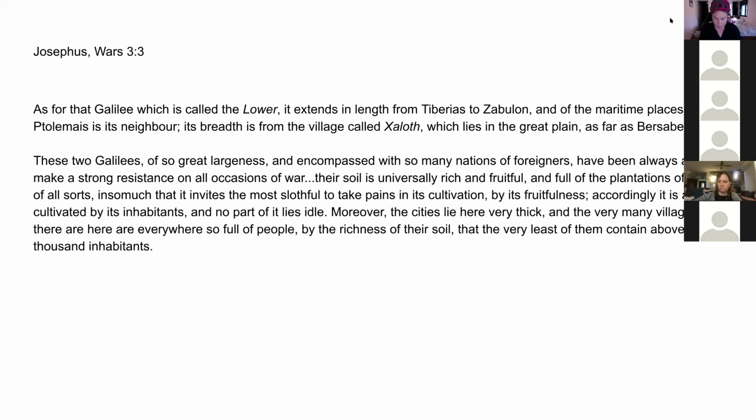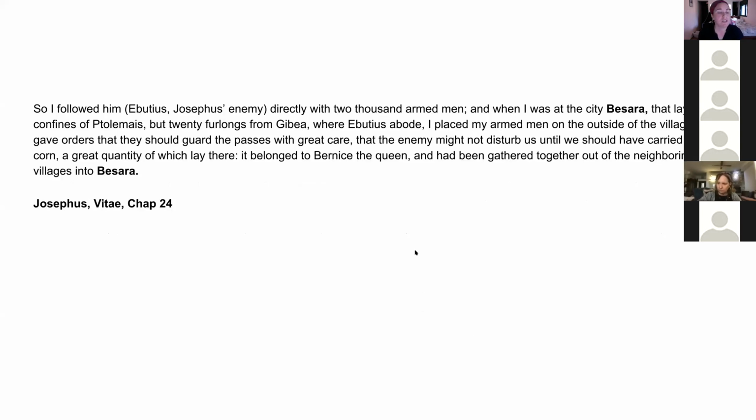Moving along. Okay, so again, Josephus is going to continue on in a different book in his life story, and he is going to mention the name of Beit Sha'arim as he knew it, which was Basara, the Greek version of Beit Sha'arim. Look at how he puts it, that as he is fortifying the north in 67, 68, against the onslaught of the Romans, he is using Beit Sha'arim as a store city